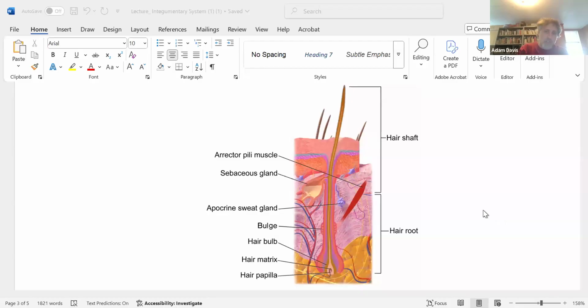So let's look at a hair. Pull up a screen share again. Like my previous one, this is out of your handout for today. This is a cross-sectional view of a human hair looking through the layers of skin so you can see the different parts of it and what is going on with them. Now, here is the shaft of the hair. The shaft is generally constructed as being any part of the hair that is visible above the surface of the skin